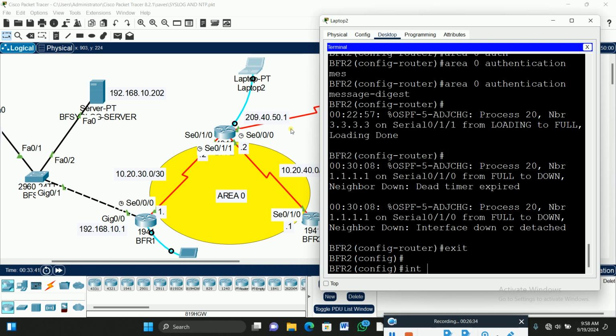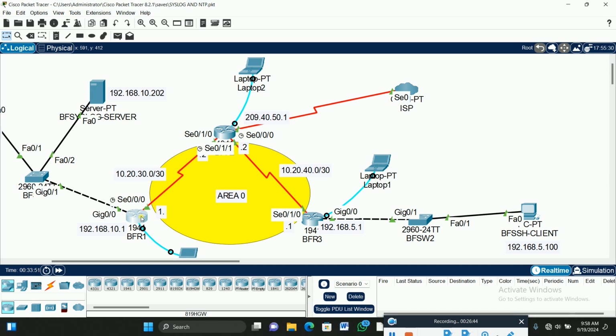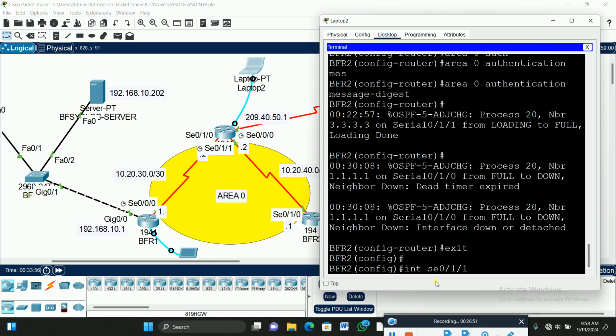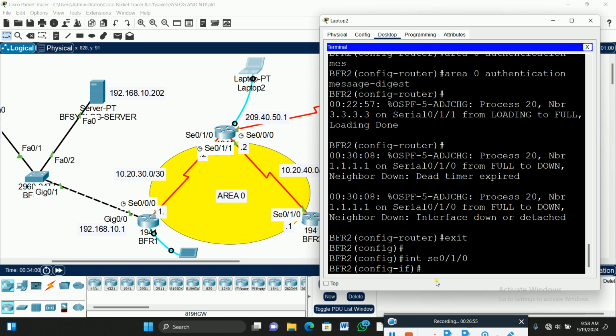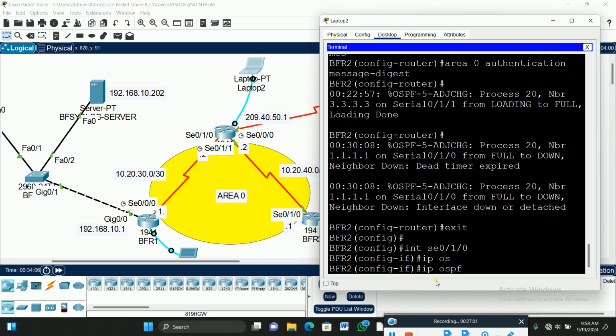That is int se 0/1/1. That is mine. Oh, let me check. Okay, 0/1/0. Okay, let me remove the 0 and put 0 there. Thank you very much. You type IP OSPF, so IP OSPF message